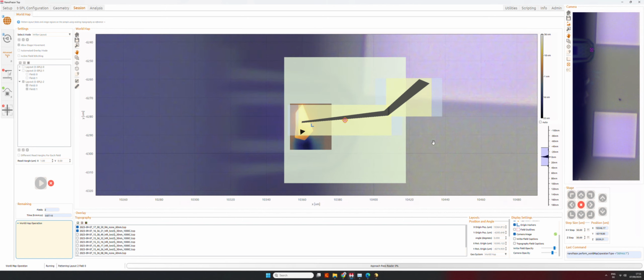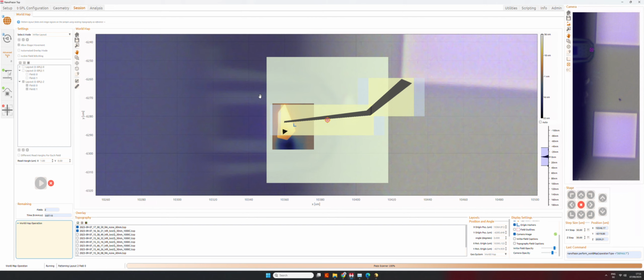Also, as mentioned earlier in the video, not low dimension, sorry, but the overlay with the Mona Lisa, we should unselect the allow stage movement when we want to place our layouts on top of the existing structures with the highest precision.